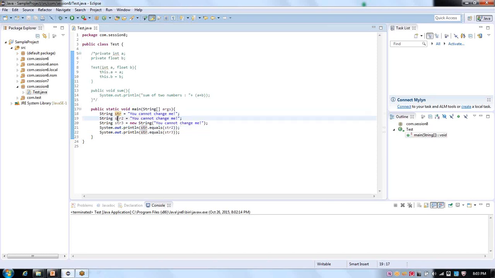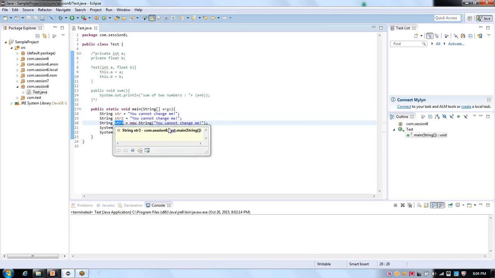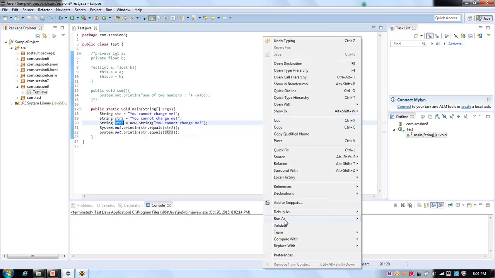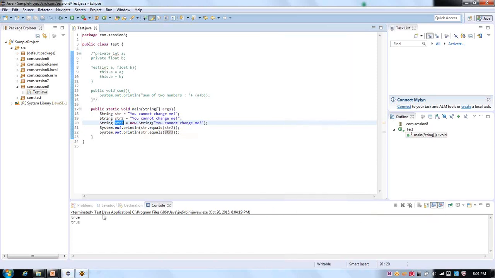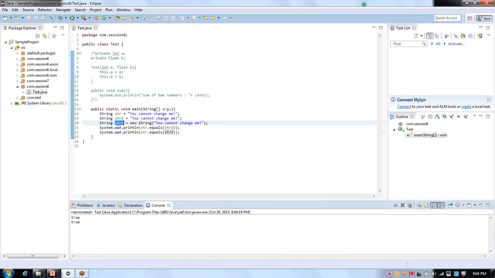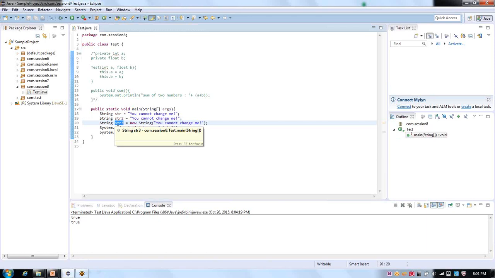So str and str2 refer to the same address, so it will return true. Whereas str3 is a new String, so we are creating a new object, so it will not use the literal value; it will create a separate object. So this address and the literal address are different, so if we compare these two, literal and object, then we'll get false. See here, I'll run as Java application. True, because this string object is also referring to the same literal, so that's why we are getting the value. And now if I want to change the value, suppose it is in capital,